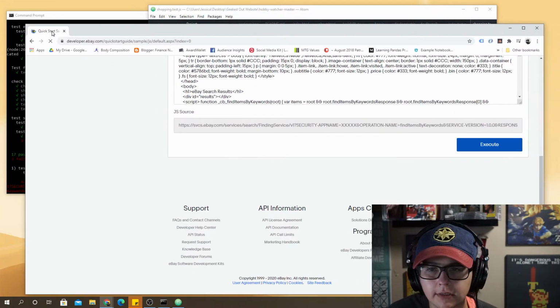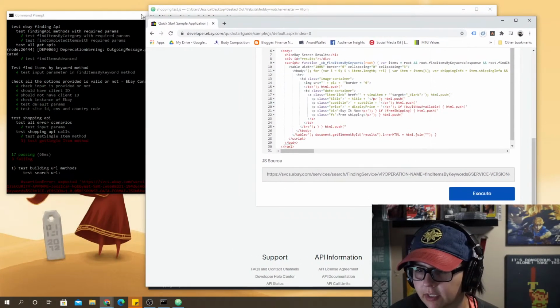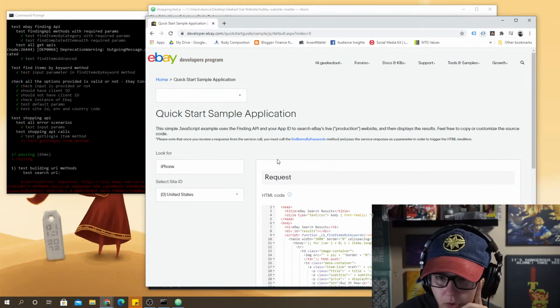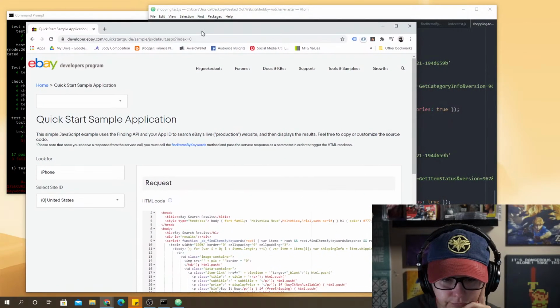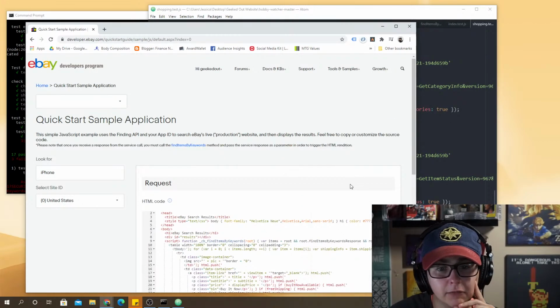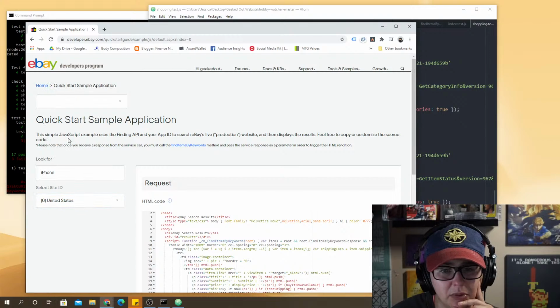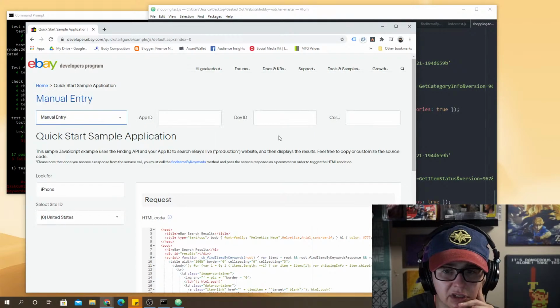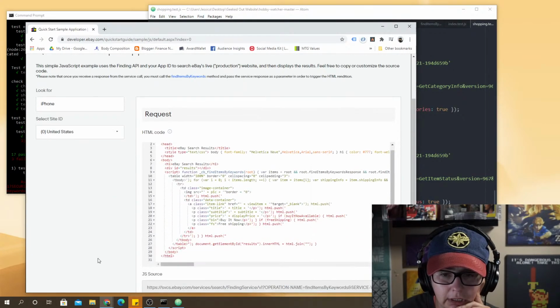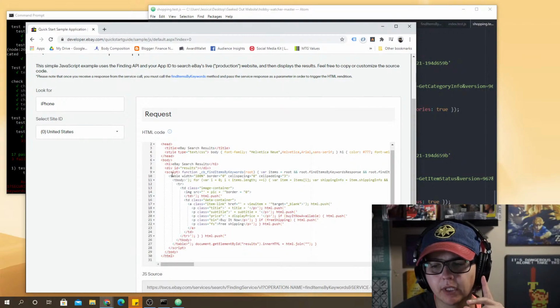So I was doing some tests. I did spend a decent amount of time last time I was working on this, using these sample applications so that I can become more familiar with the APIs. Okay, so it is asking for an app ID, so I do need to change it right here. All right, so I need to figure out where I can get that, but it's really nice because you just put in the things and